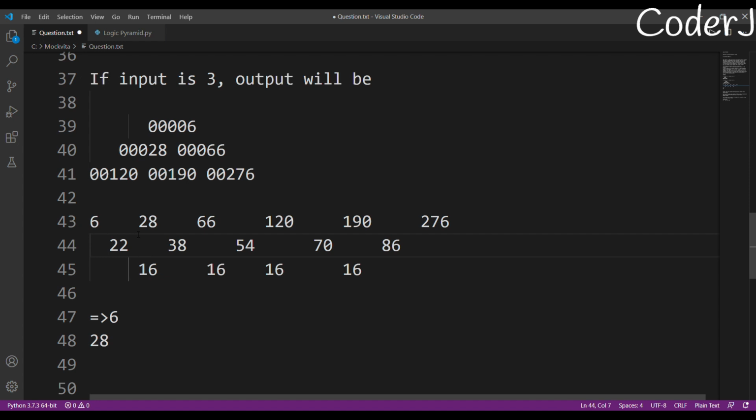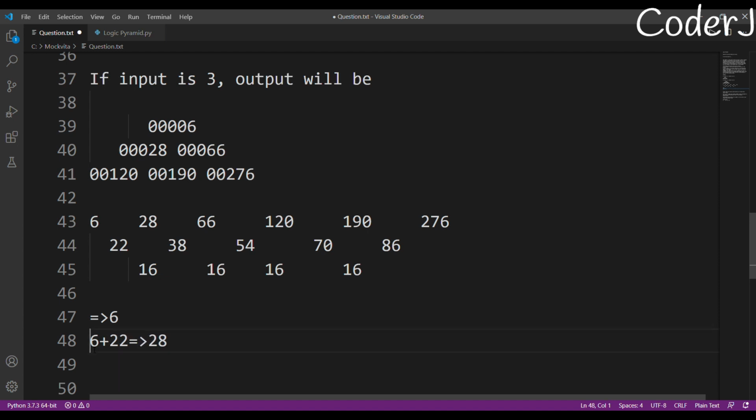And how can I create 28 using all these previous values? Just try to think of it as a wall, create a wall vertically from 28 below, and we'll try to create the value of 28 with its predecessor. So how do you create 28 with 6 and 22? It's very simple, just add both of them. So 6 plus 22 gives 28, right?